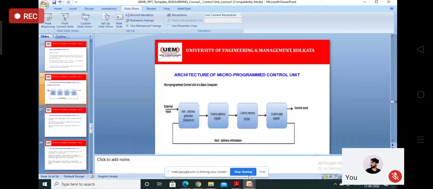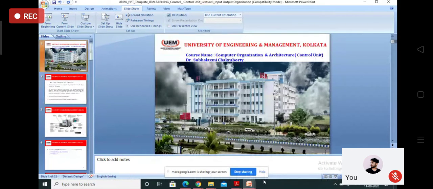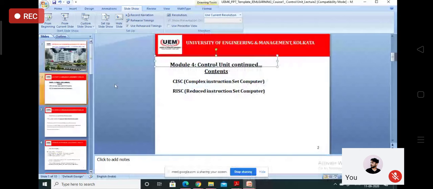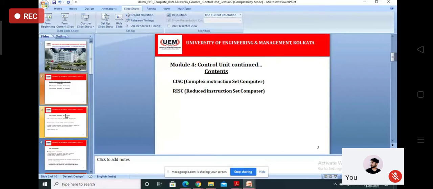The second is that this whole control unit module is a theoretical module. The RISC and CISC part is another part; the control unit continuation is here. For RISC and CISC, only 10 slides are there, all theory. What is RISC and CISC architecture? Explain the difference between RISC and CISC. You write it down. What is RISC and CISC architecture? Explain its characteristics. That is question number 1.